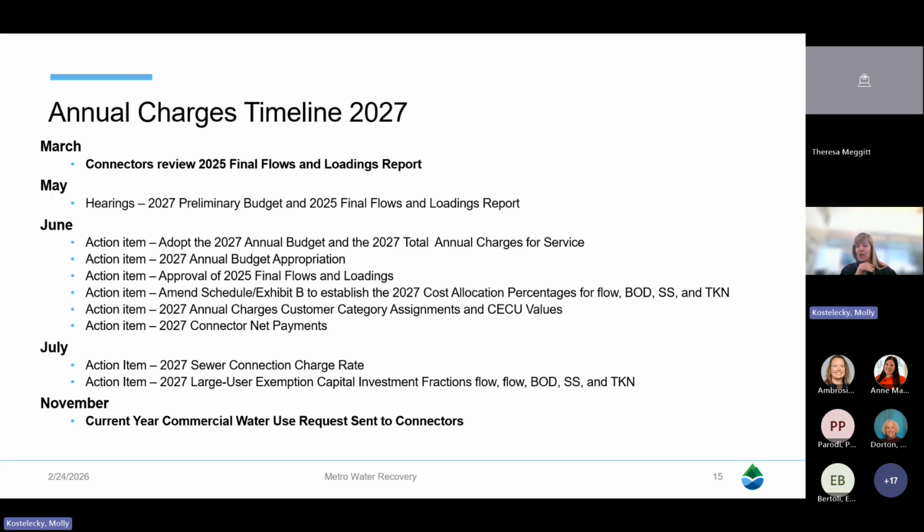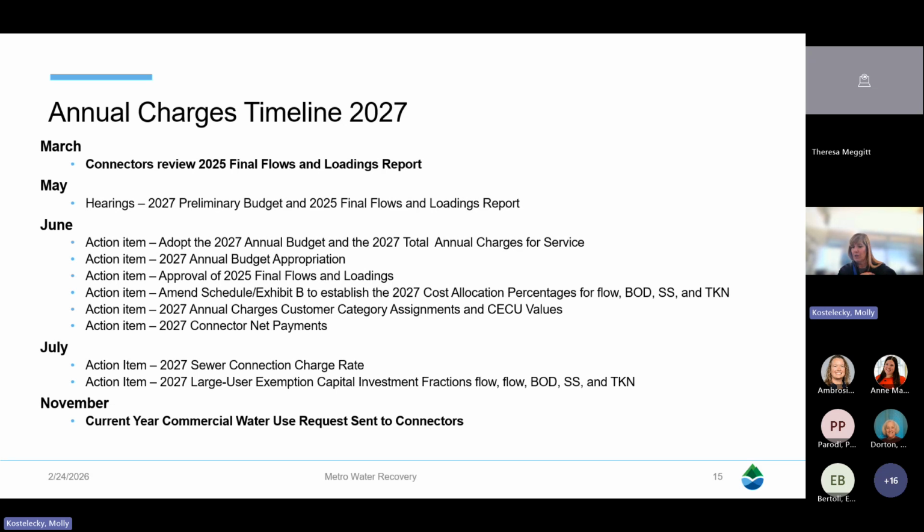It also changes our cycle. We are required by the rules and regulations to establish the annual charges and determine how much everyone's payment is going to be by September 1st of every year. To do that, we had a structured process: we'd adopt the budget in June, in July we'd do some other things, and then in August we would set those charges, because we had strict timeframes in terms of when we're getting the estimates and when you're certifying the finals. However, because we don't have to get estimates anymore, once we have those certified final flows and loads,